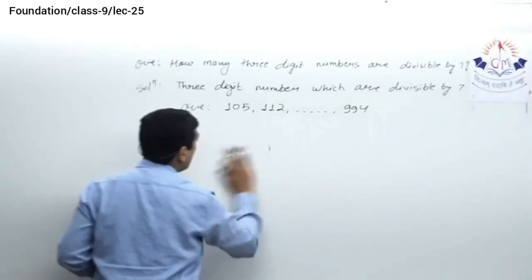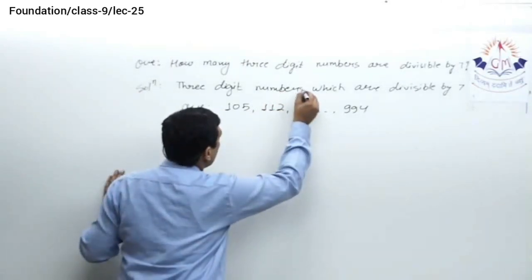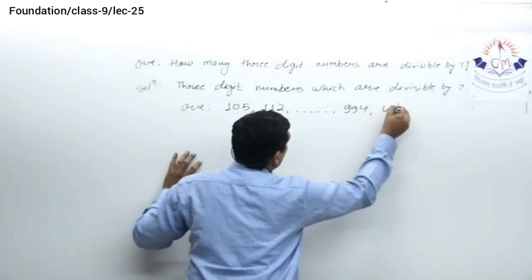So these 3-digit numbers which are divisible by 7 form an AP,